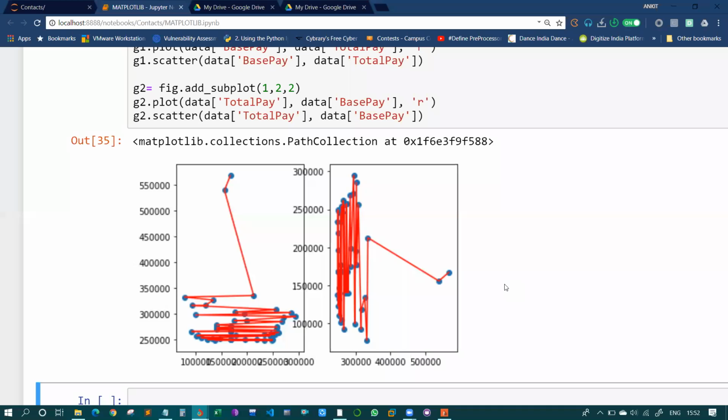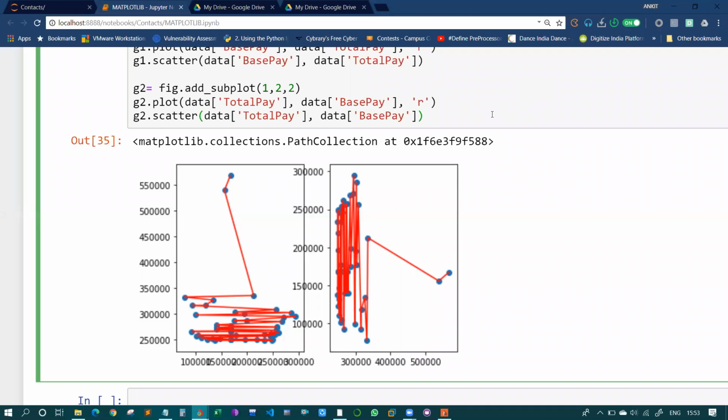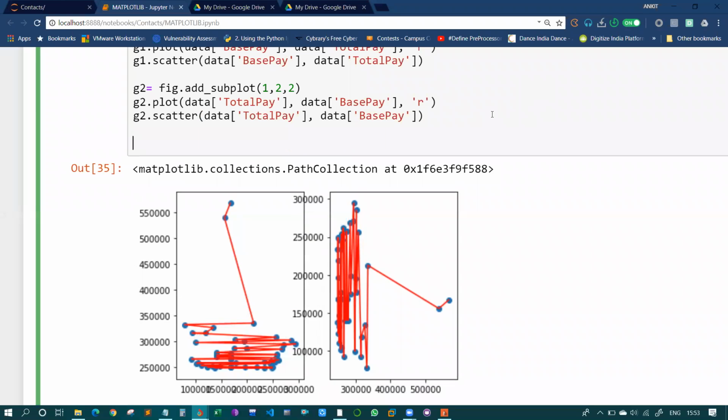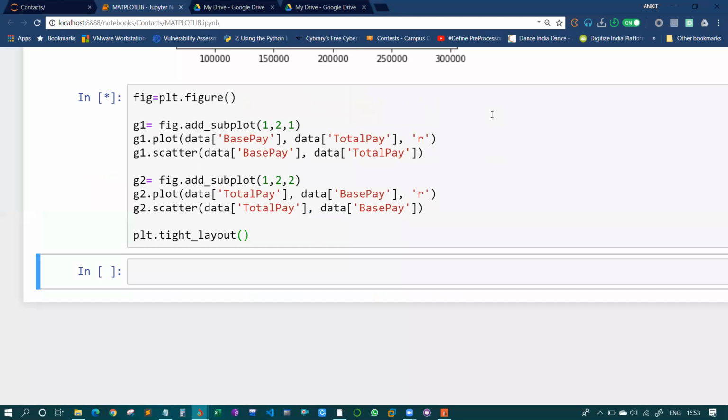Yes, the measurements overlap, right? The axis measurements are really looking bad. This is one of the problems you might face while working with subplots, so we need to fix it. Just one line of code: plt.tight_layout, and let's run it.